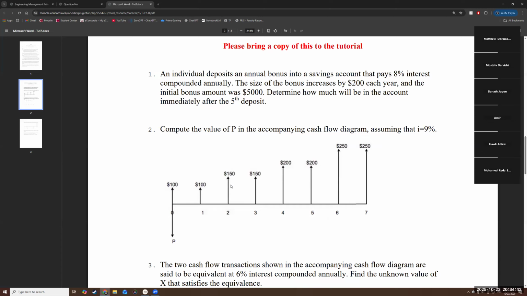And the answer here is yes, there are. So there's $100 back to back. That's an annuity, right? Of 100 that spans for 2 years. Then you have a $150 annuity that spans for another 2 years. Then a 200 annuity for 2 years, and a 250 annuity. Now,